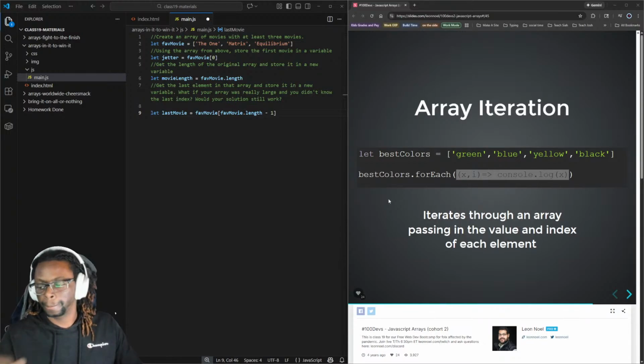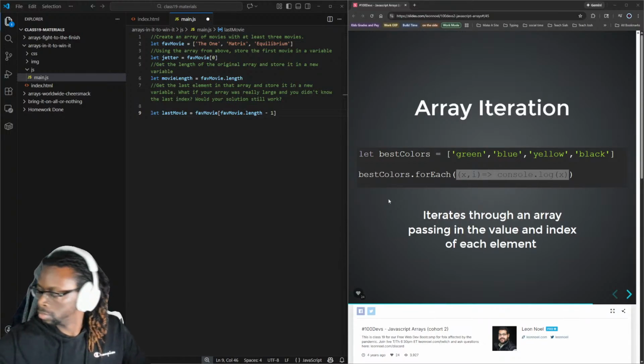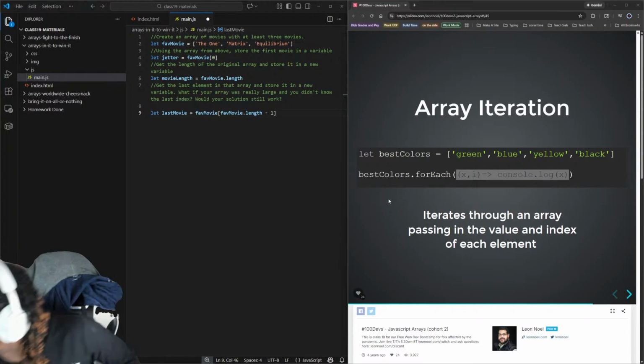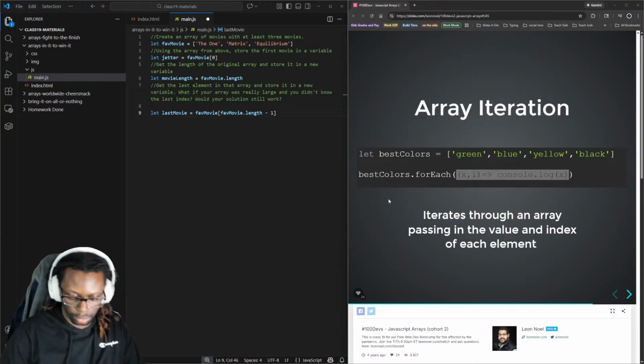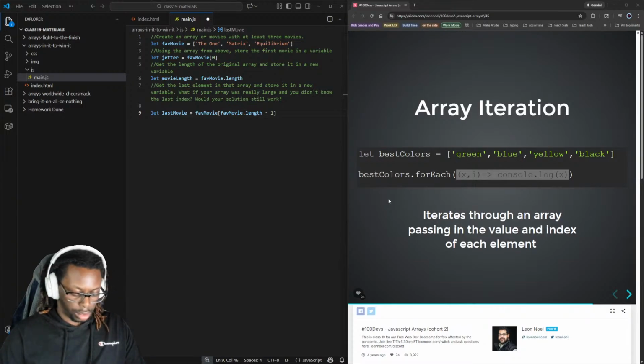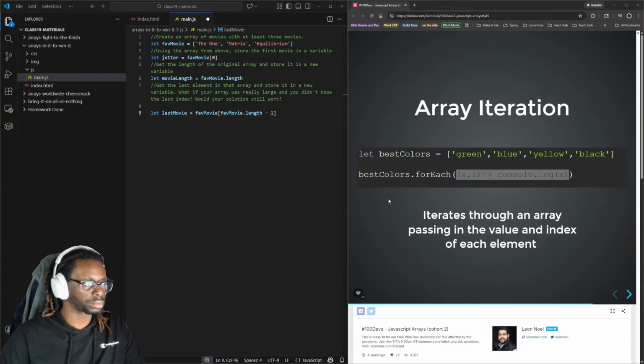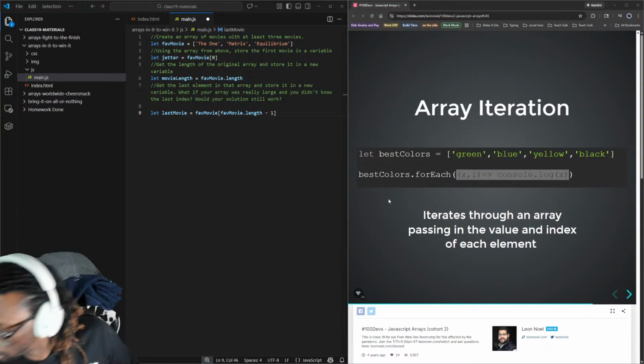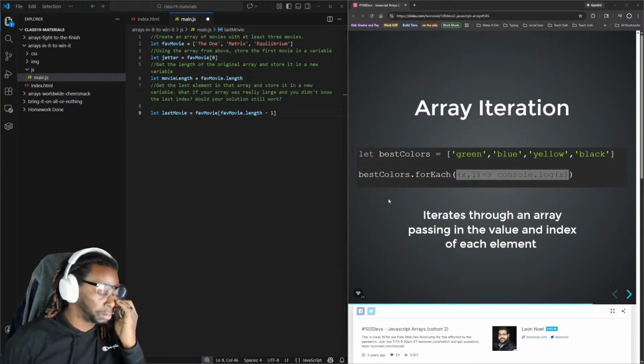Right. Now, instead of these values and indexes poofing into the air, we set up some what? We set up some parameters. Exactly. So in this case, x